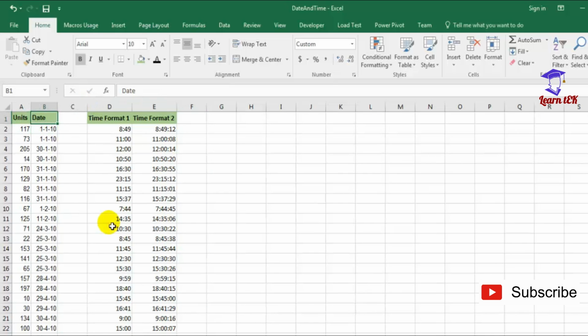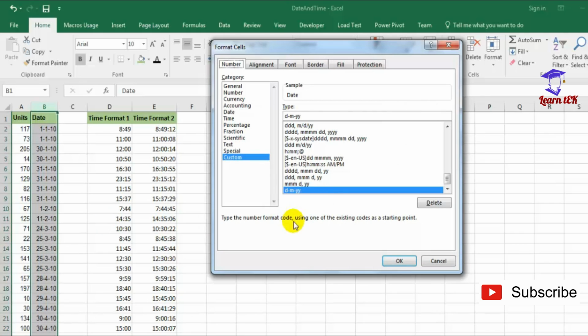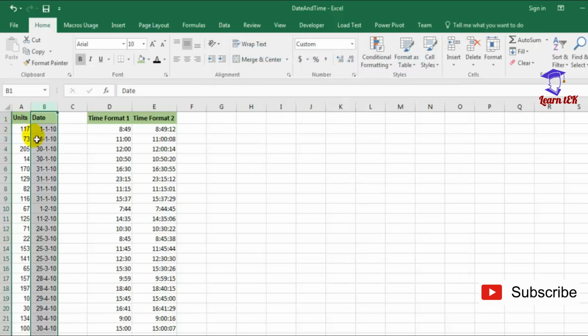Now let's take another look at one final format example. So I will just use control space bar, control 1, and I have this. Now under custom category, you can also mention your own format, or you can type in your own format. I will use date. We have month, so I will use MMM, and then I can use space also, and I can use, so I will just cancel this because it does not show a preview.